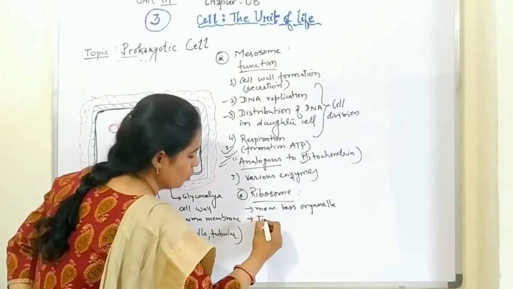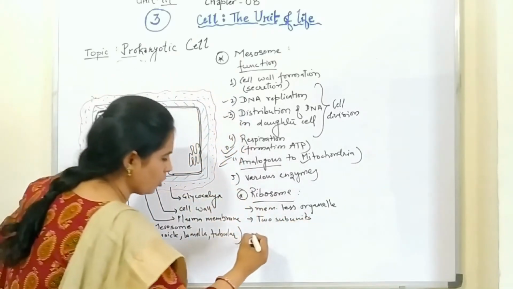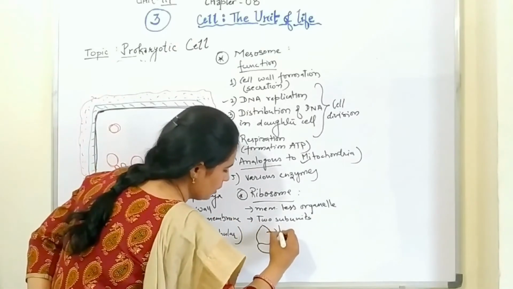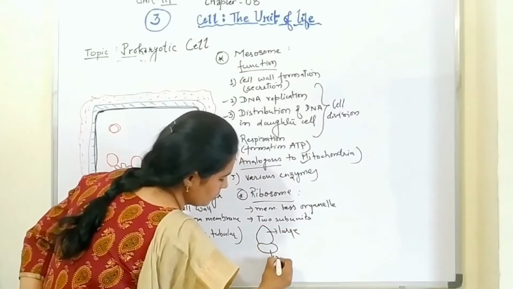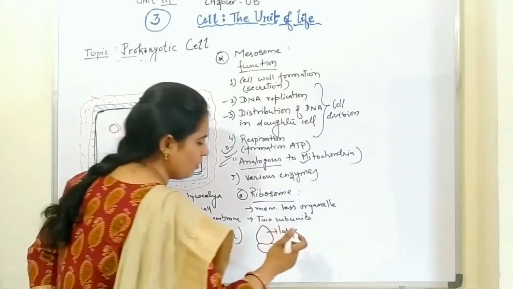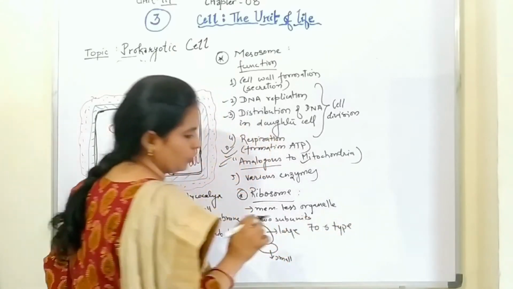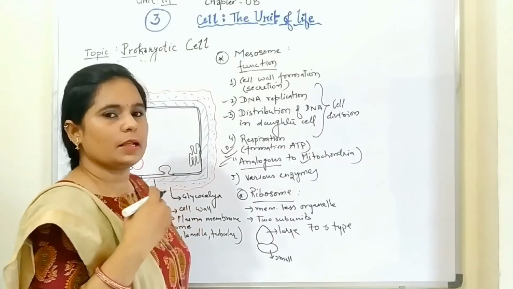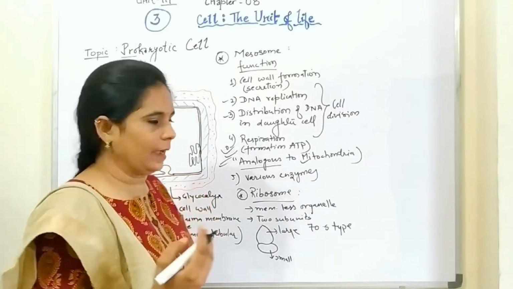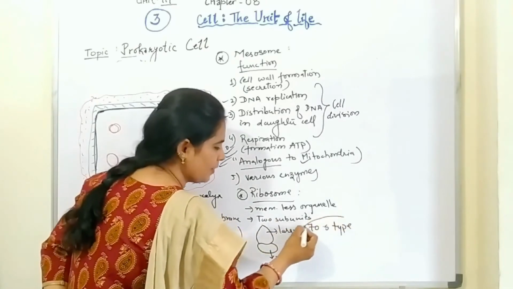It is made up of two subunits. ठीक है? आप अगर राइबोसोम का स्ट्रक्चर देखेंगे, so this ribosomal structure is made up of two subunits. One is large and the other subunit is small. Now, in case of prokaryotic cell, you will find 70S type of ribosome. You will read about this, like ribosomes are of 70S type, 80S type. There are different types, but right now, in case of prokaryotes, you have to remember that it is 70S type.